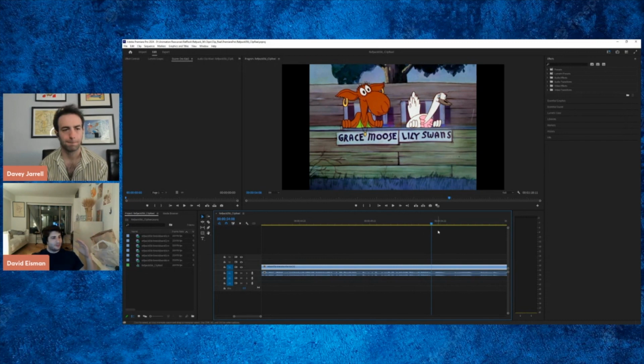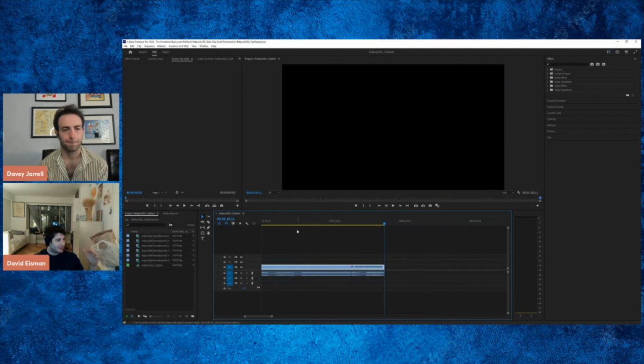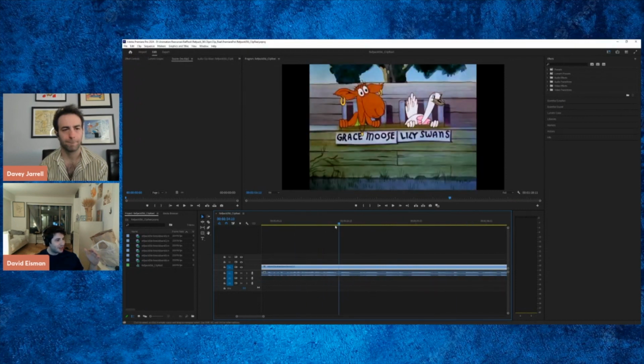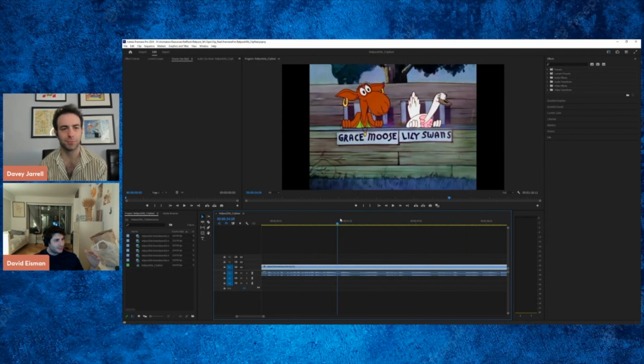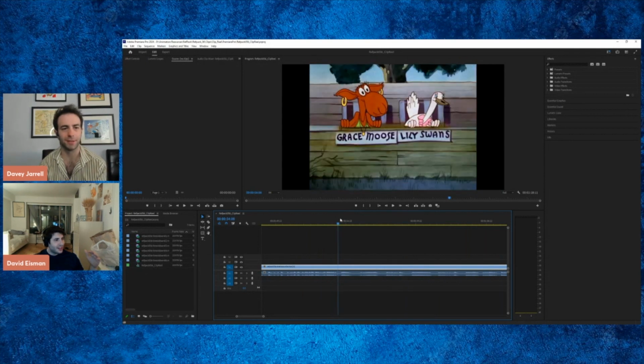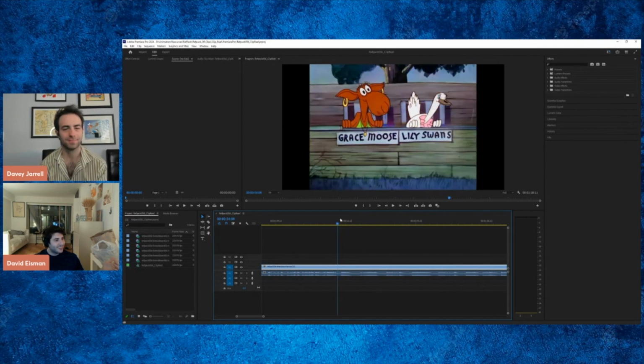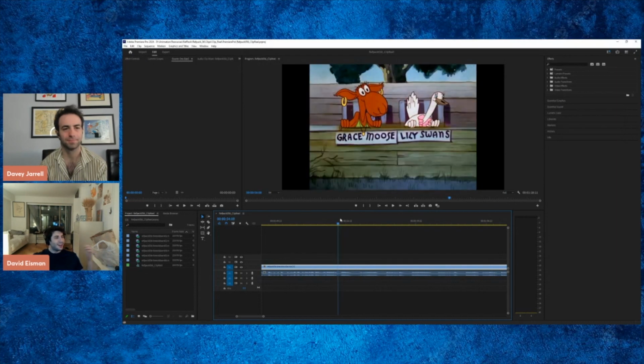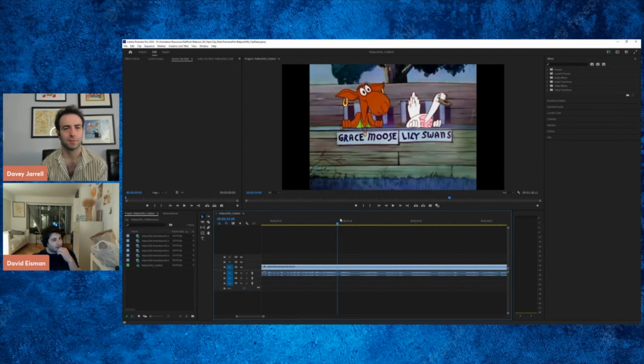But the thing that drives me crazy is they didn't background match. They didn't color match it. I still didn't notice when we were watching in real time. But yeah, they look totally different. It's really trippy. They could have done that better. I'm not sure why they didn't. They look very different.